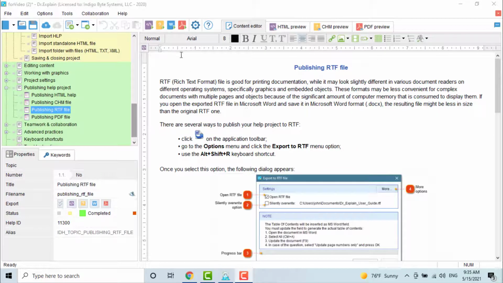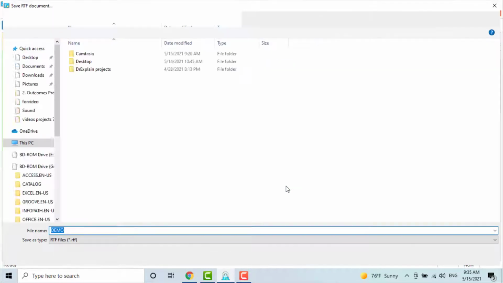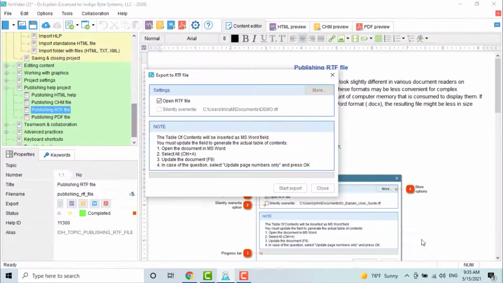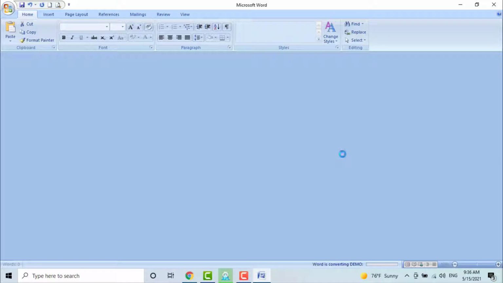If you want to create a file with page layout, so you can work with it further in Microsoft Word, or another text editor, export it to RTF format. To do that, click the button on the main toolbar, or use the keyboard shortcut Alt-Shift-R. The RTF export process is very similar to PDF export.